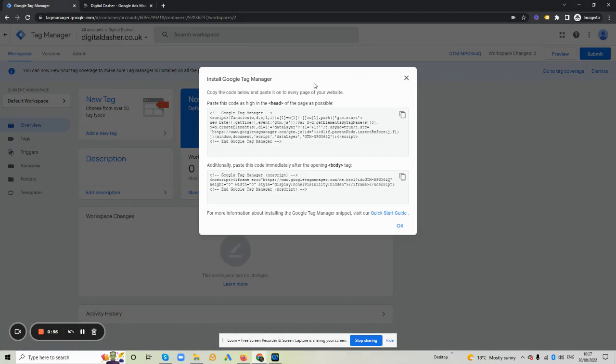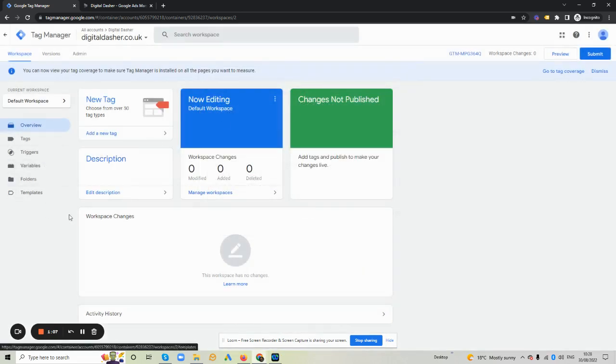It will present you with the tracking code that will be entered in the head and body. If you can do that, you can visit other tutorials, or if you're providing access to a developer, you can